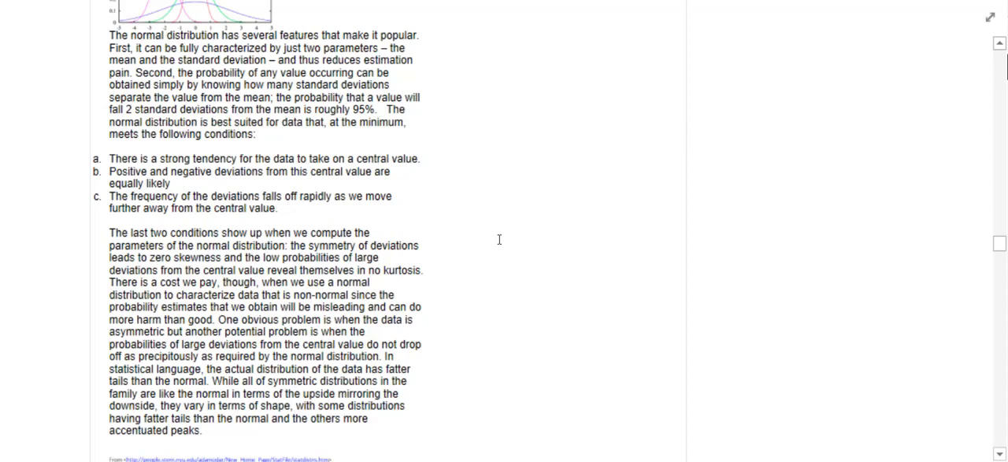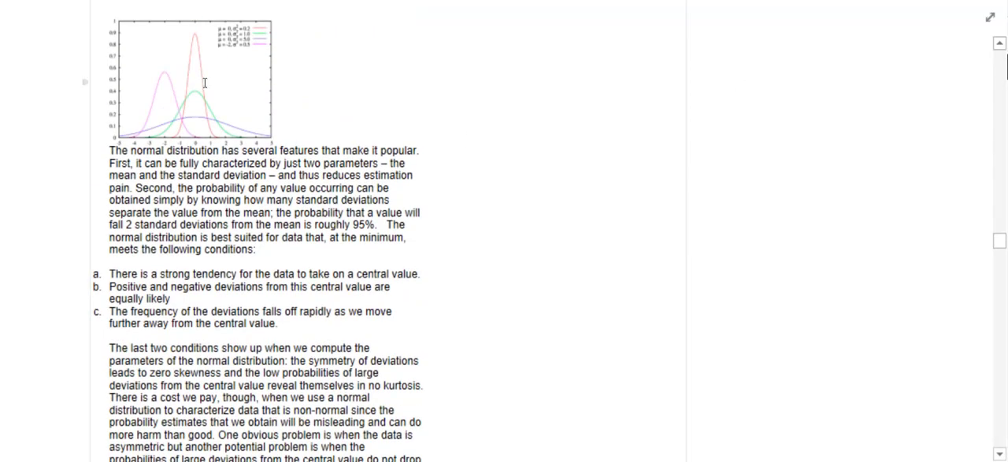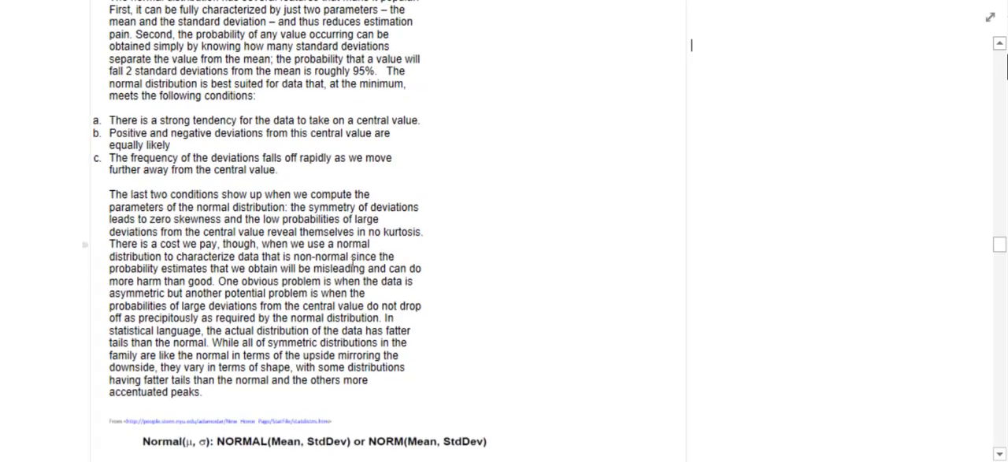But there's a cost that we pay when we use the normal distribution to characterize data that's non-normal, because the probability estimates we obtain can be very misleading and can do more harm than good. So depending on if you're using this normal distribution and your data sets do not really correspond well to that, you can wind up with some results that are less accurate. For example, when the data is asymmetric,